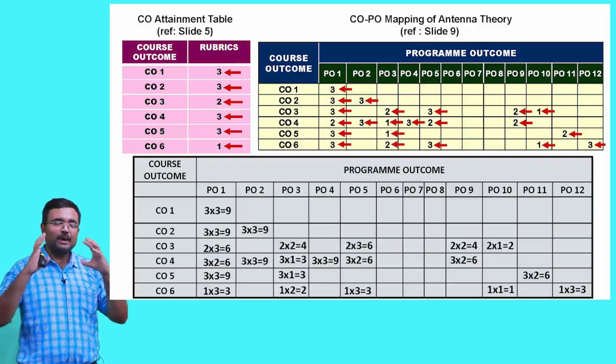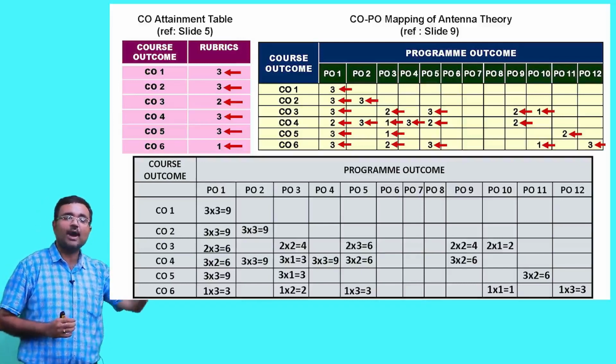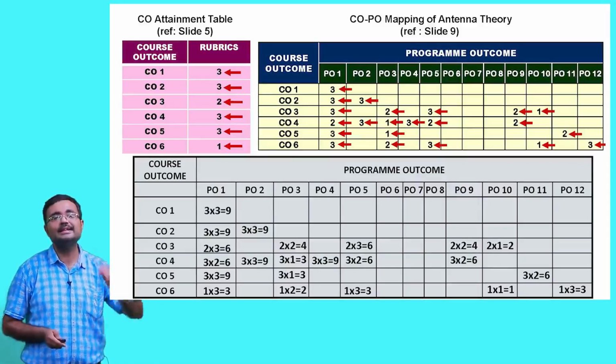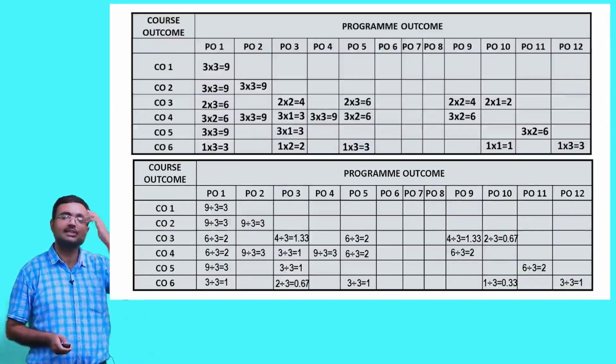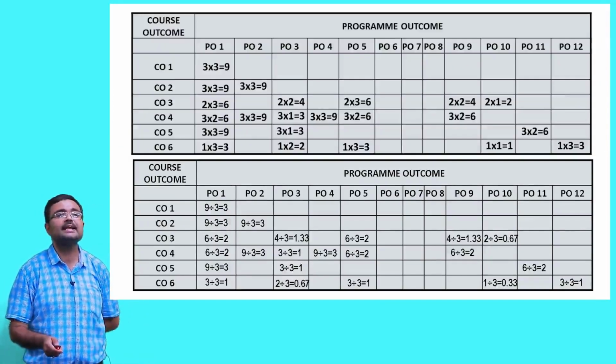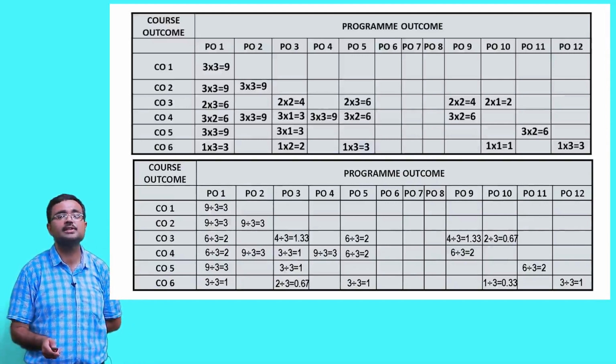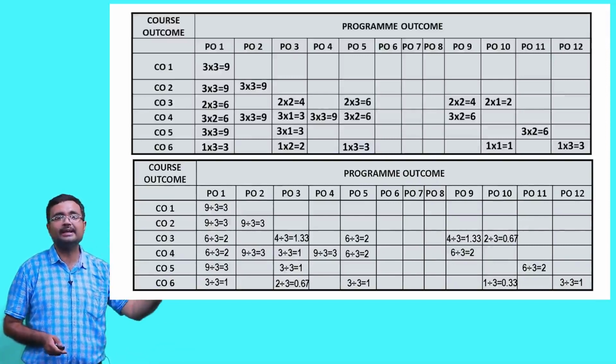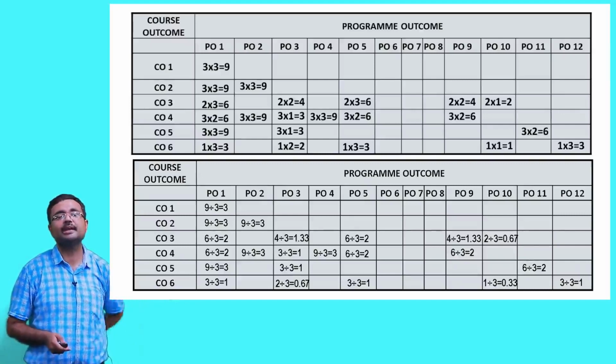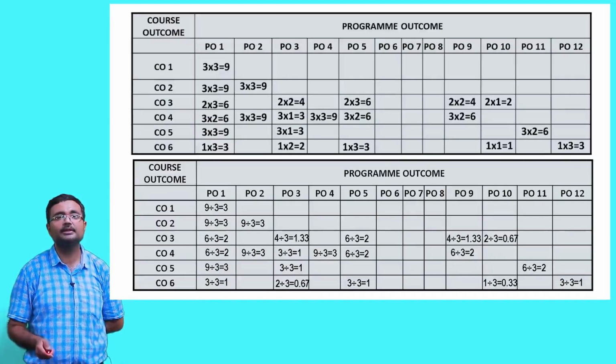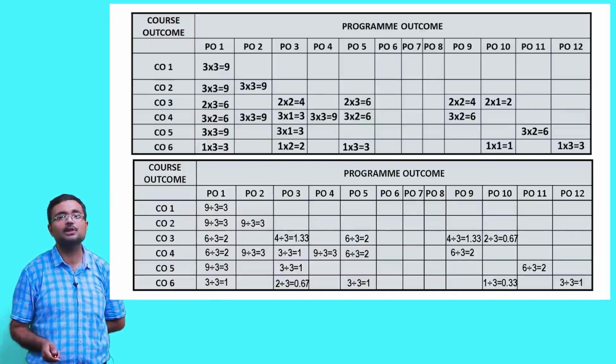Now, to perceive these degrees from 1 to 9 is a little difficult. What I mean to say is this table. This is 9 degrees of attainment, 9 degrees, 4 degrees, 6 degrees. So, 1 to 9, 9 different degrees of attainment are there. Instead of that, what if I divide the whole thing by 3? If I divide the whole thing by 3, then this comes between 1, 2 and 3. The attainment will be mapped between 0 to 3.